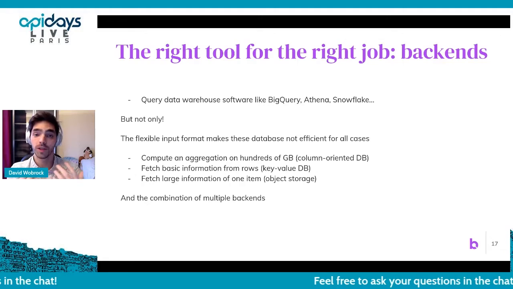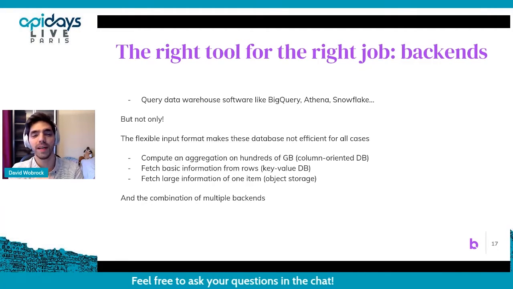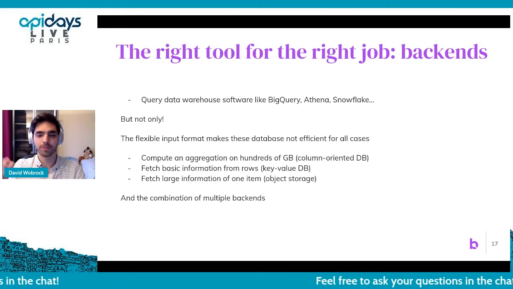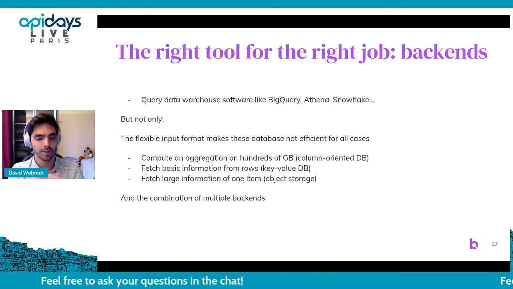But since the API is so expressive and can be very flexible, you could also actually query very few rows and have more of a key value usage or a relational database that will match these use cases best. If, for instance, you will always access the most frequently accessed rows, maybe the pages on your website that are mostly visited, those are the ones that you want to retrieve often. So these may be cached, these may be in a key value store, so we don't need to parse all this data of an analytics database.